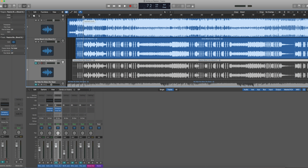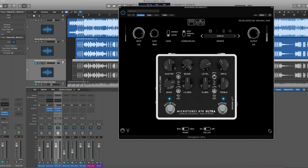Alright, so this first example, let's start pretty easy. This is a heavier song tuned to drop C, for which I needed kind of a bright, aggressive, clangy, gritty, insert buzzword here type of tone. So I recorded this with both the active and the passive bass, and for this example we're using the DI signal, mainly because I'm using this Dark Glass plugin that just helps me kind of manipulate this after the fact,